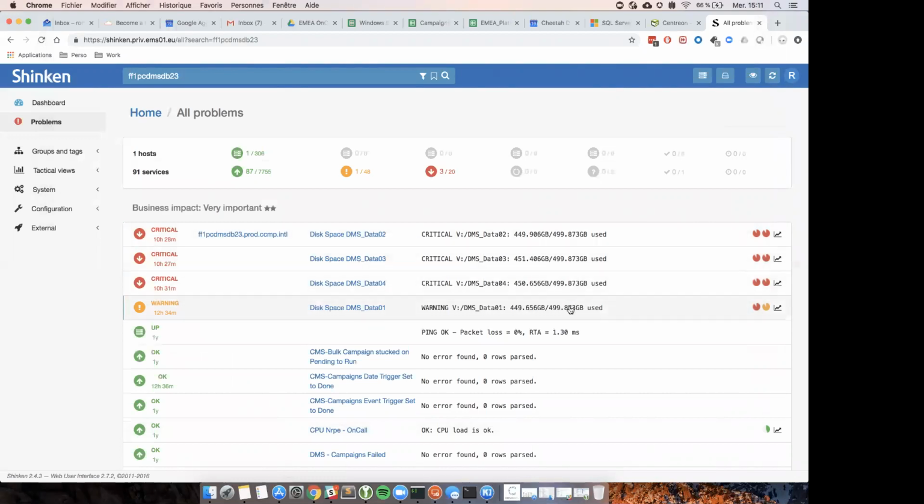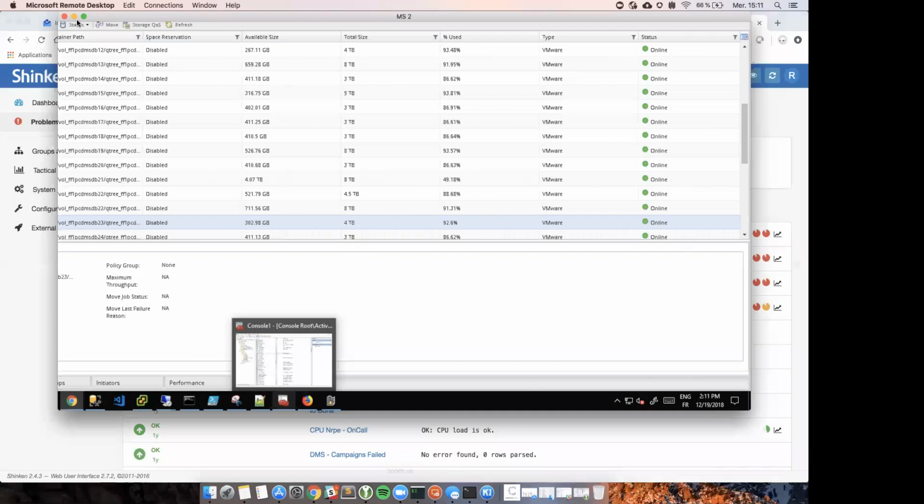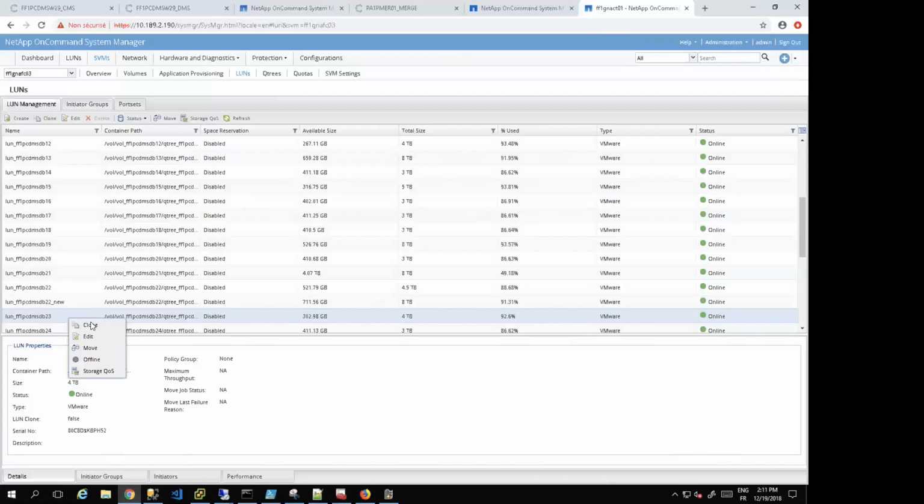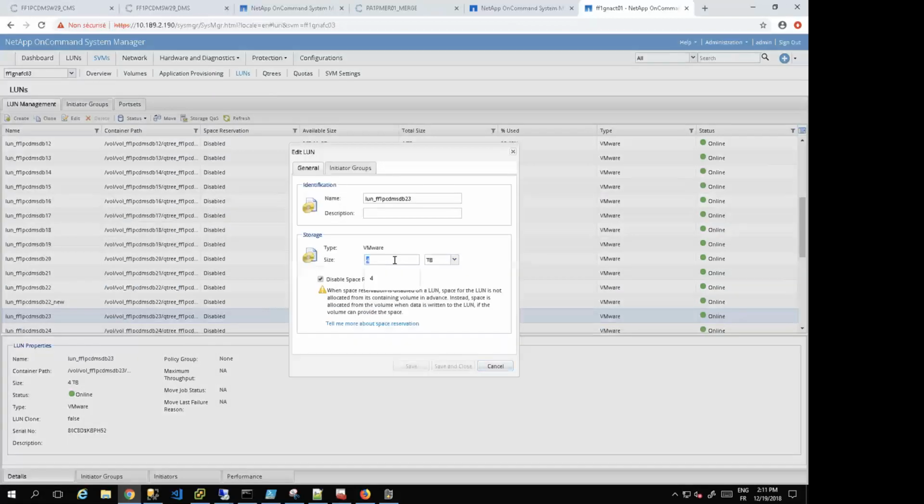So I will add 1 terabyte here to cover all the disk usage. What I have to do is to edit the impacted LUN, to extend the LUN from 1 terabyte,